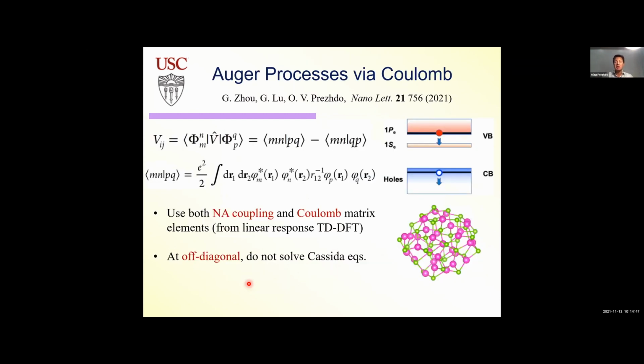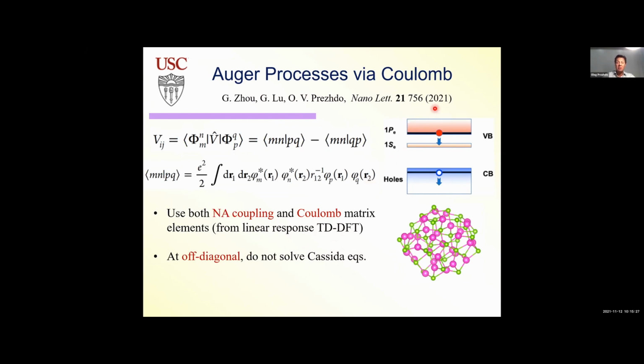But also we have to include Coulomb interactions, which is often done in linear response TDDFT, for example, and then you solve the Casida equations to get a better description of excited states. Or in physics, this is done through the Bethe-Salpeter equation that is built on top of the GW approximation. And so we do the same. We evaluate Coulomb matrix elements, but we're not trying to solve for eigenstates in the linear response TDDFT sense, because there are lots of states. What we do, we include those matrix elements as off-diagonal matrix elements together with non-adiabatic couplings, and then we still solve the Schrödinger equation in the Kohn-Sham basis.